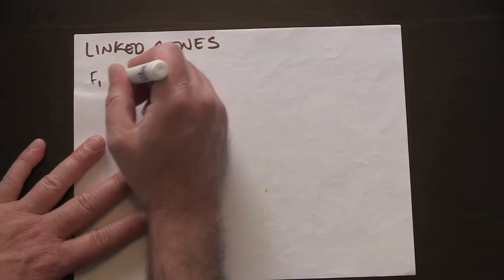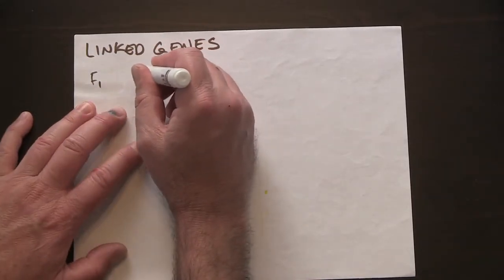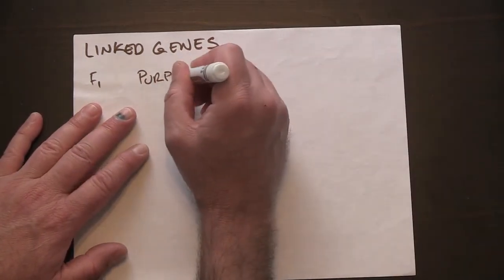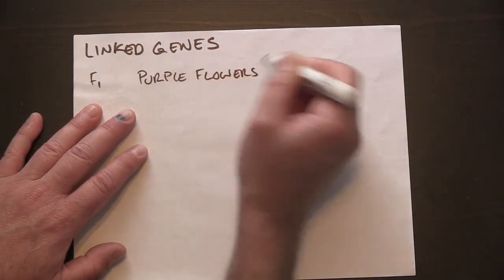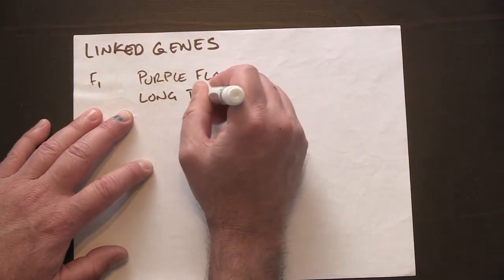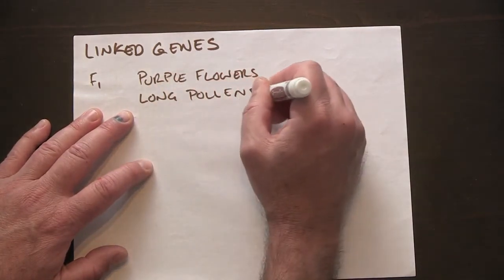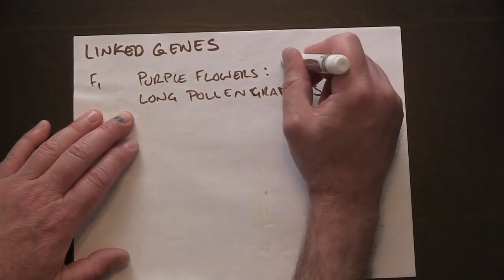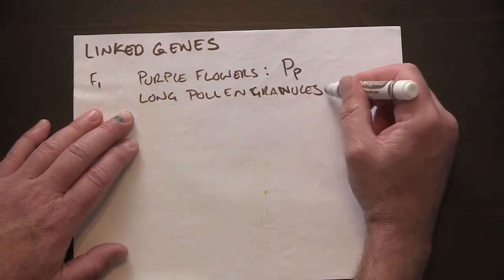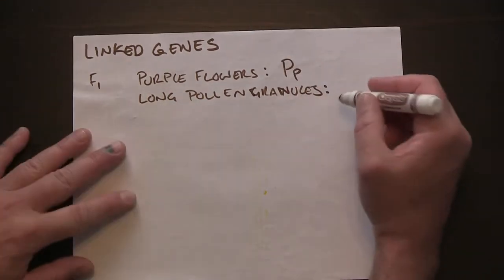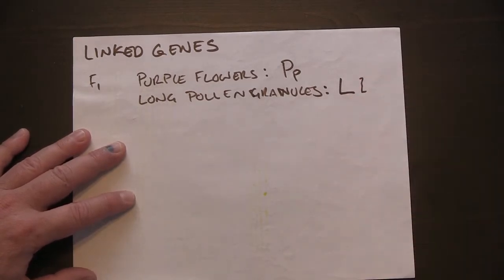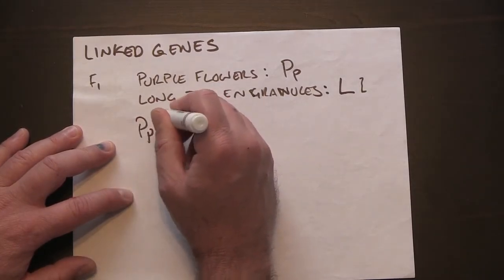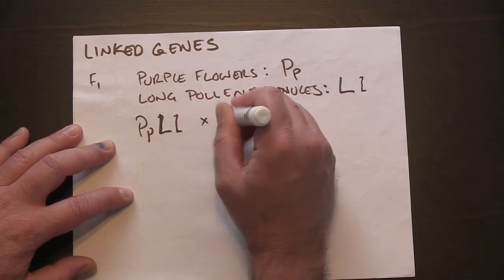F1 generation of a flower that had, so again, these are bred from true breeding varieties with purple flowers and long pollen granules. And so we're going to call these big P and little p, so heterozygous rather, and big L, little l. So if they mated these two purple flowered with each other,